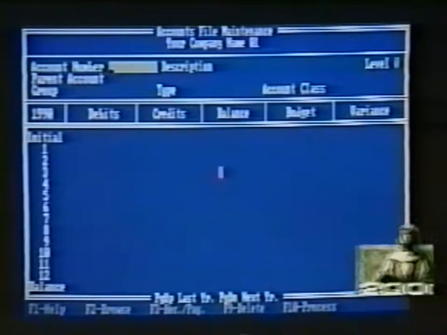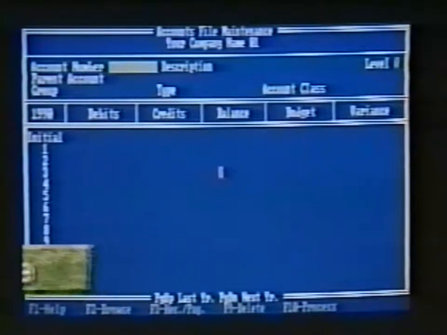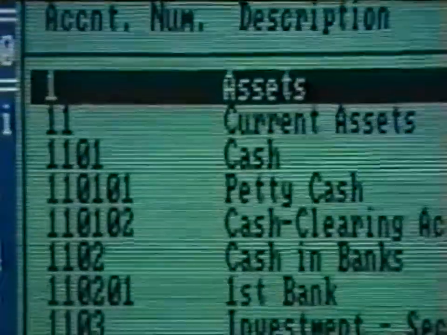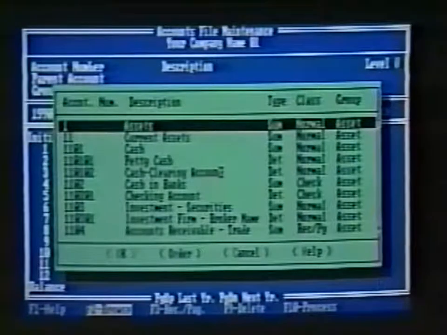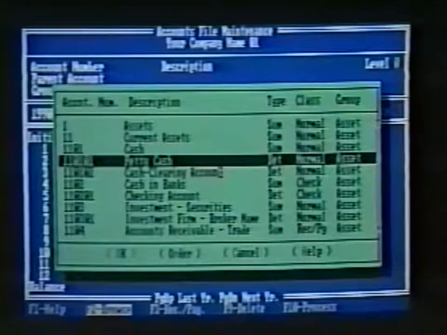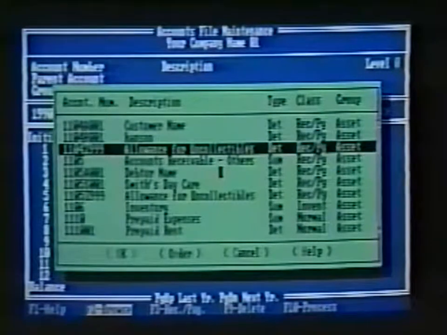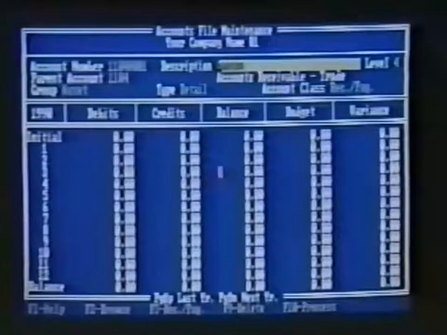We can look at the chart of accounts by using one of Pacioli 2000's special features, the Browse command. Anytime you are in a field that asks for information that's stored in the Pacioli 2000 files, press the F2 key to get a listing of the information available for the current field. In this case, we're looking for an account number, so the F2 key displays the entire chart of accounts in the Browse screen window. Now you can use the page up and page down keys to locate the account you want. If we highlight and select an account, the account number and name will be pasted into the appropriate fields.